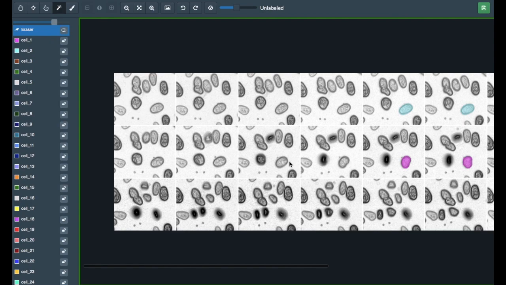If two cells are pressed into each other, like here, it is extremely important to label the cells with different colors to show that they are, in fact, two separate cells. Finally, we have adjusted the contrast on these images to make the cells clearer. However, this occasionally results in artifacts. Remember that cells are oval or bean-shaped, so any dark regions or cell-like objects, like here or here, are artifacts